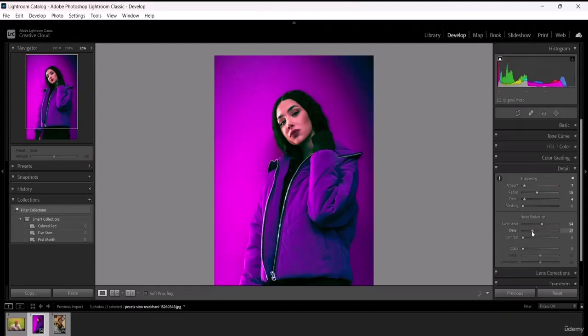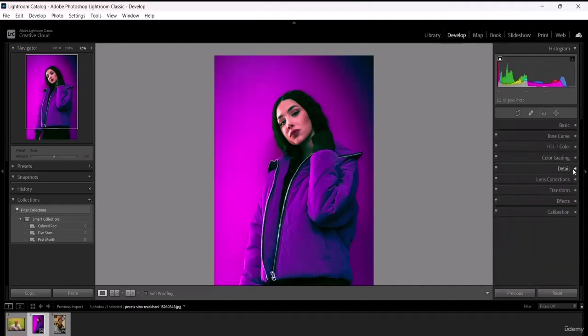You can also decrease the details so that you can get a smoother photo, but filled with details and also the correct amount of sharpness. Then you fix the contrast according to your need. The color should be according to your need too. You don't want it to pop up a bit too much. You can also fix the details and the smoothness according to your desire. So I'm going to keep it somewhere around here, and we are good to go about the details too,